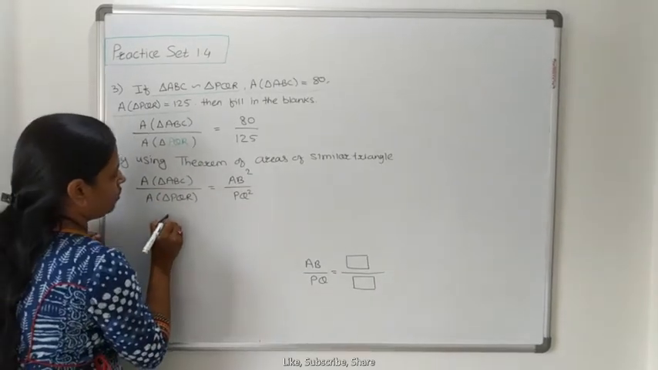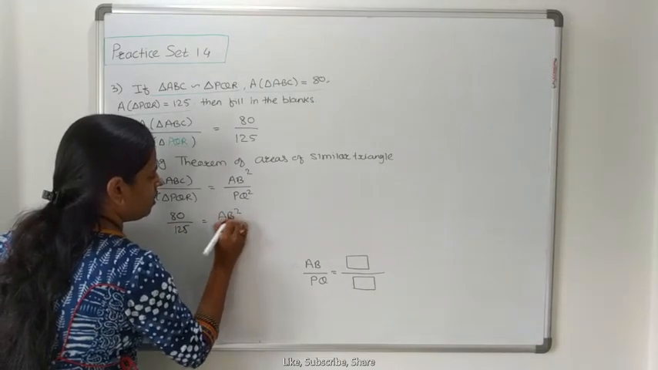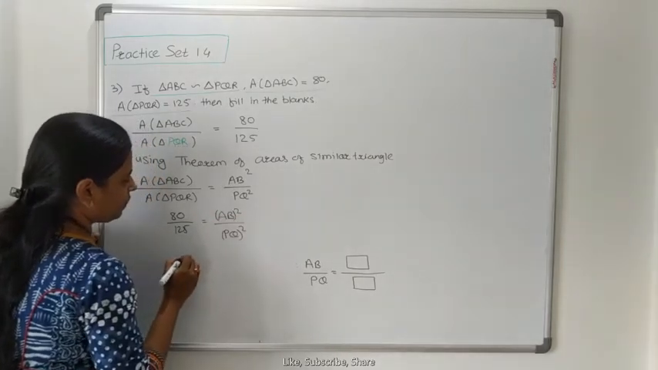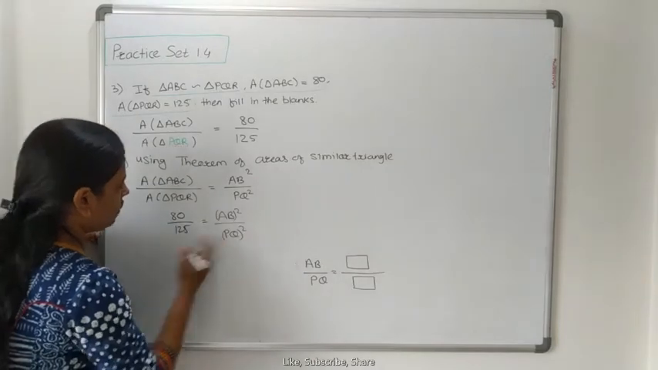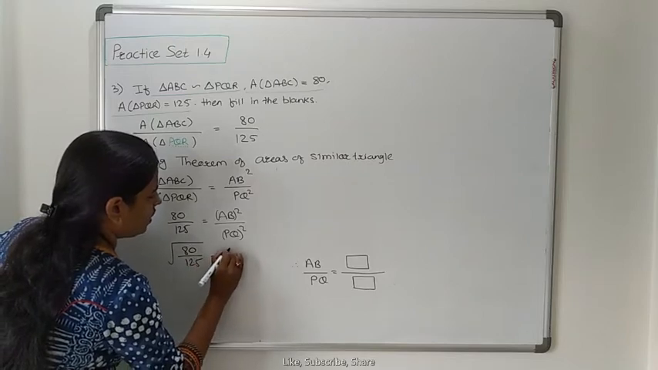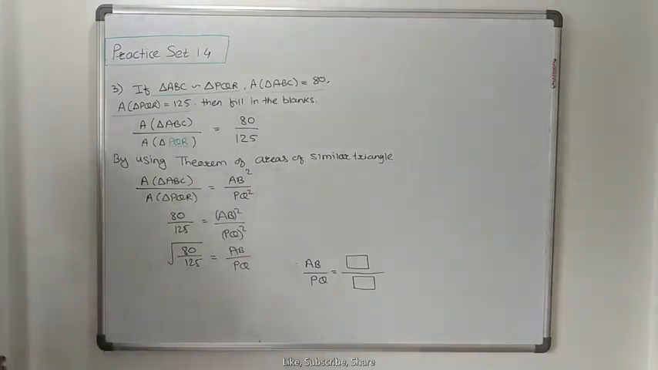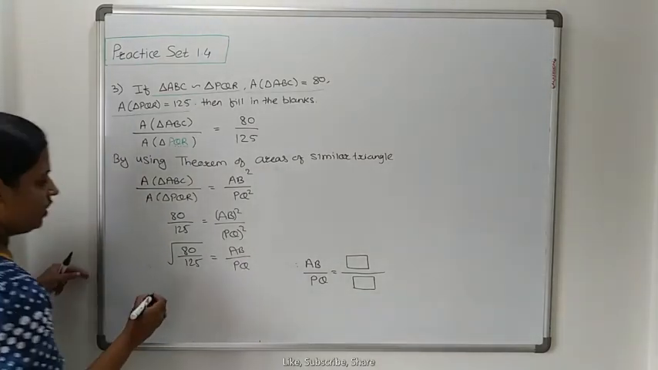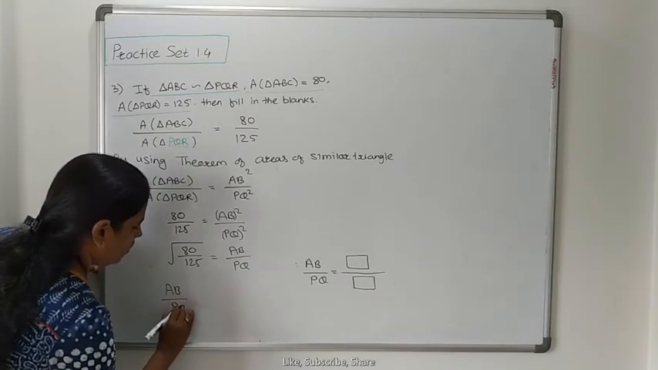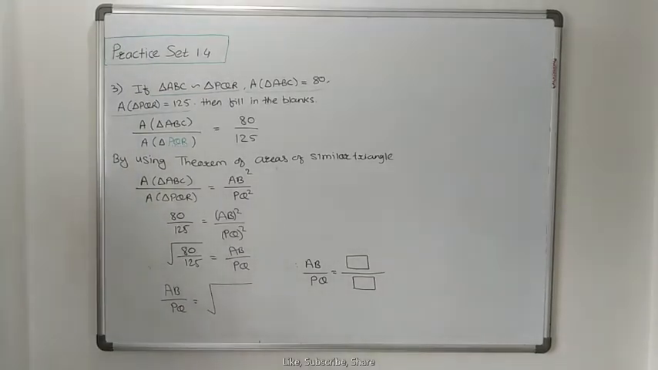So put the value here. What is the value? 80 upon 125 is equal to AB square upon PQ square. Okay. So when we cancel this out, the square is converted into a square root. That is AB upon PQ. Okay. When we talk about this 80 upon 125, how can we write it? AB upon PQ is equal to square root of 80